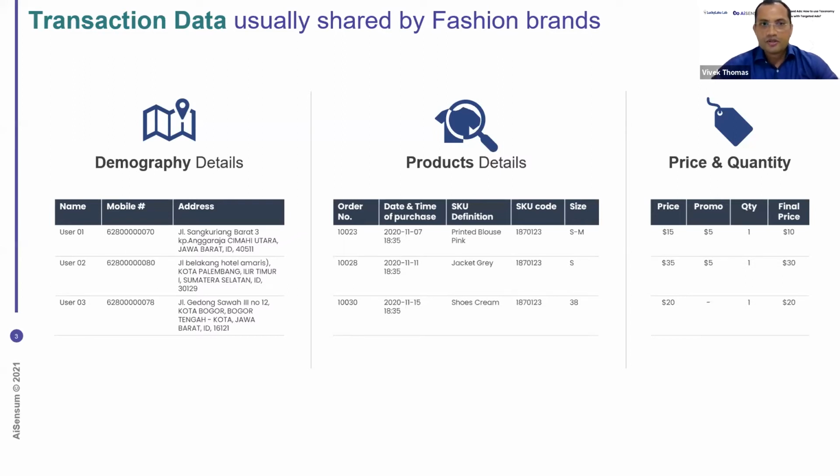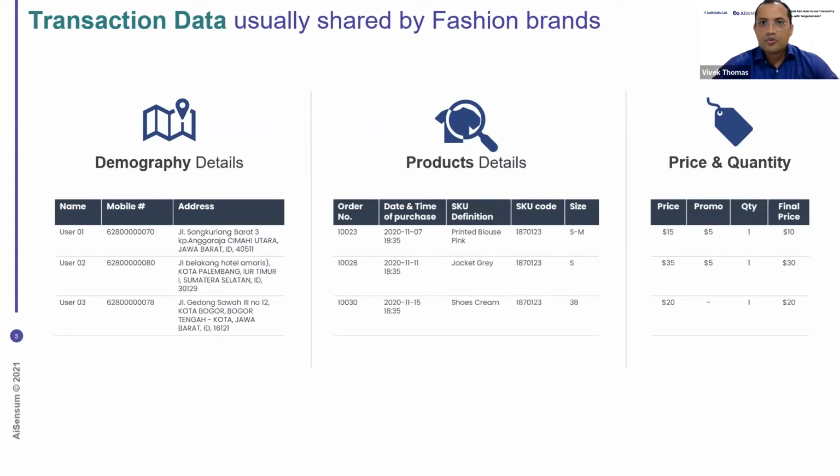Of course, in addition to that, you also have the product details, and that's where the SKU definition is, and in many cases, this is how we get the description about the product or the SKU code, right? This is basically the descriptors, the product details. You also have the date and time. And finally, you also have information about the price and the quantity of the products being sold. Okay, so this is a simplified version.